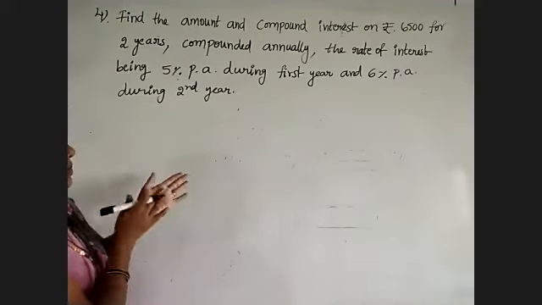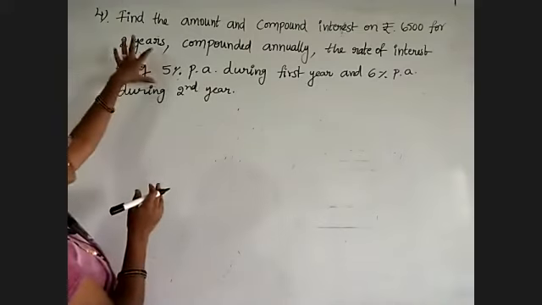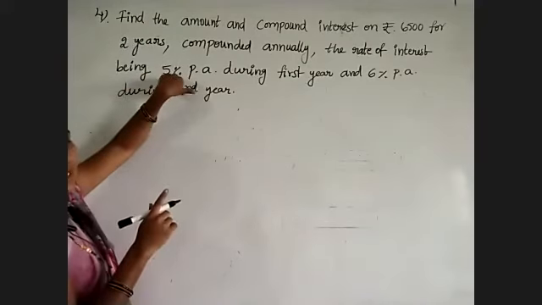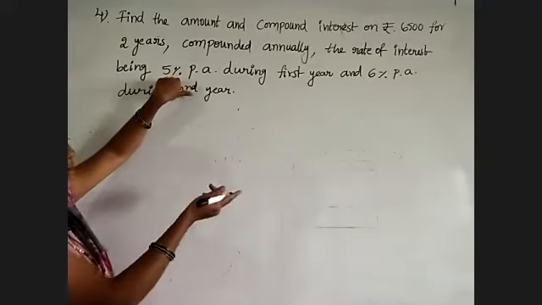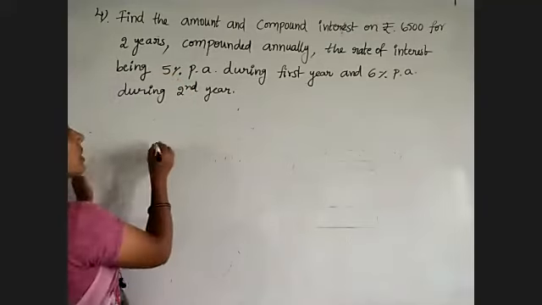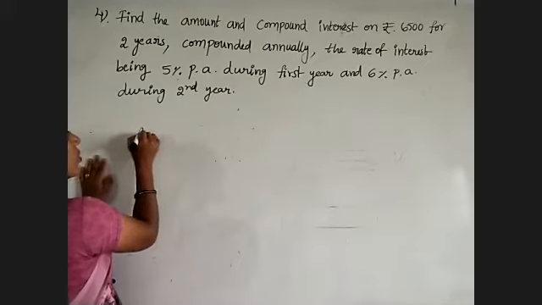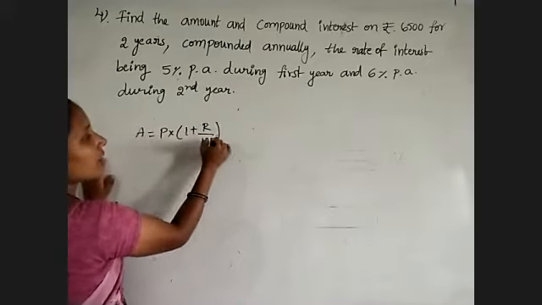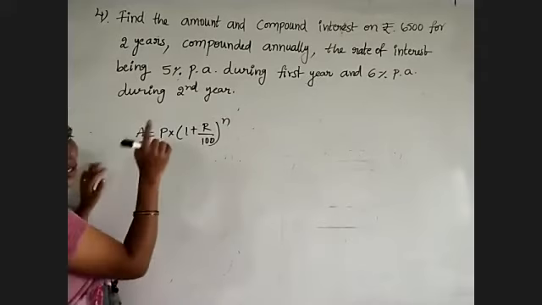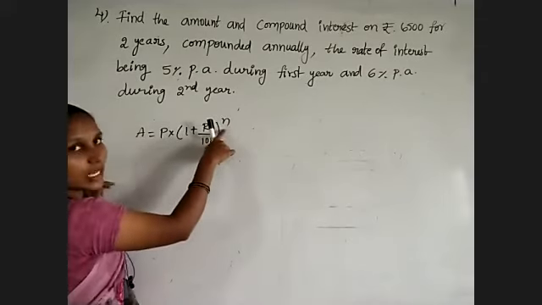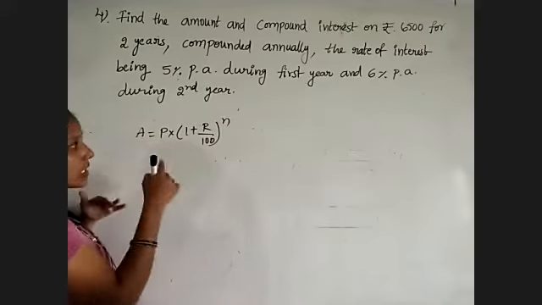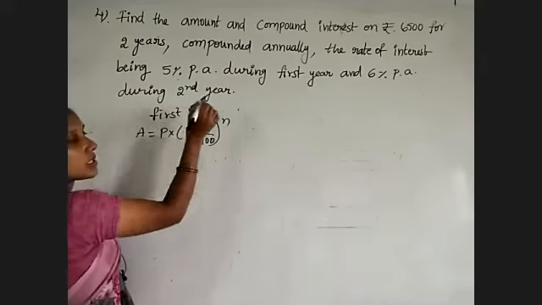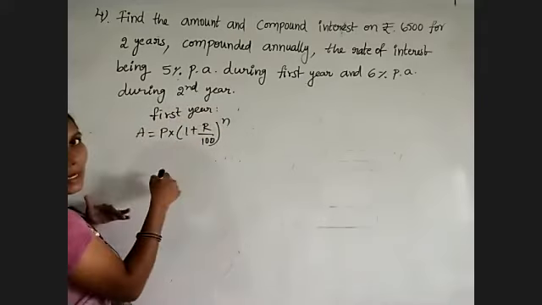Understand? So before that I'll explain one thing. Just observe, for first year, only for 1 year, rate of interest 5%. Take and find out simple interest as well as compound interest. We will see. In case of compound interest, amount is equal to principal into 1 plus r by 100 whole to the power of n. So here compounded annually, so n will be equal to 1 itself. Only for 1 year. First year we are doing this. We can do this question in 2 ways.